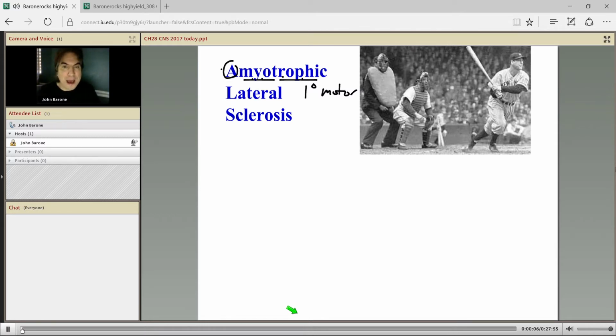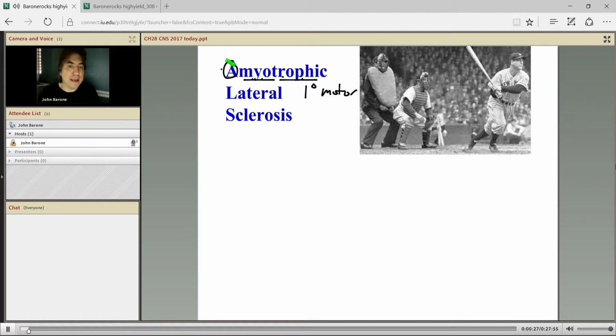Okay, gang, we're back. We're going to do a couple more of these neurodegenerative diseases, very high yield. Now, this one is very important. I never want you to miss this one. This is Lou Gehrig's disease. This is the one that they were doing the ice bucket challenges, everybody throwing ice on themselves, to try to raise awareness. It's kind of a rare disease, but it's devastating.